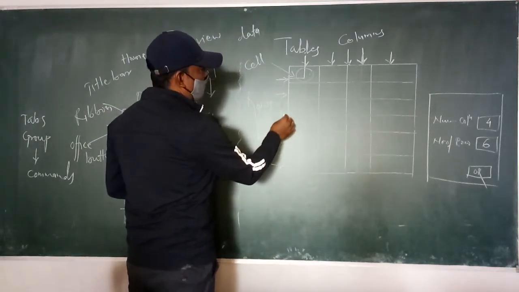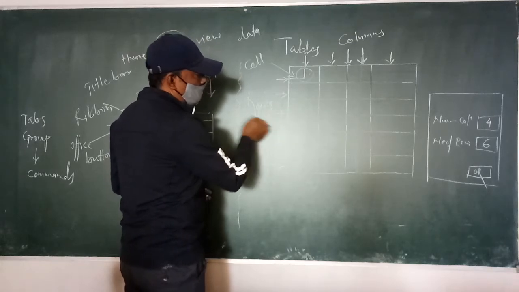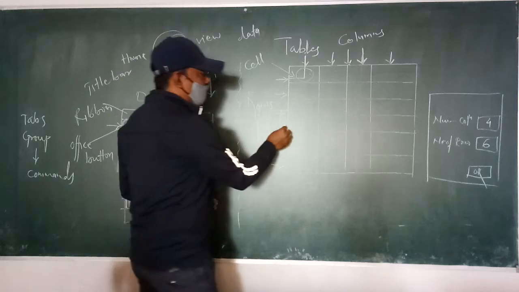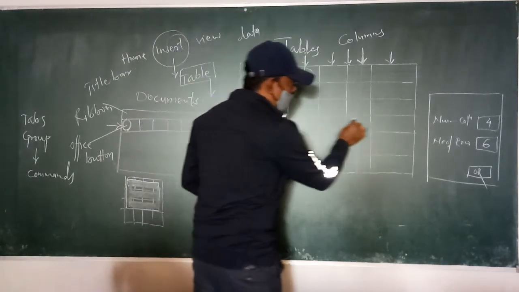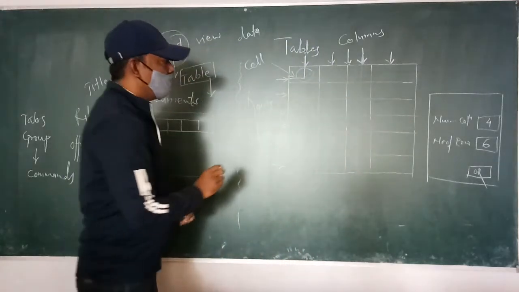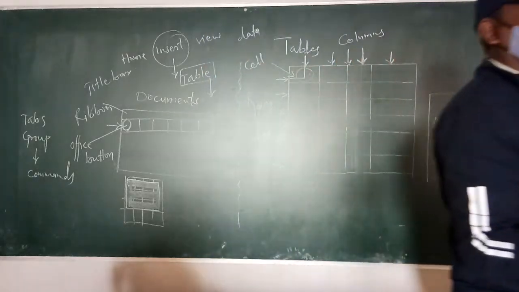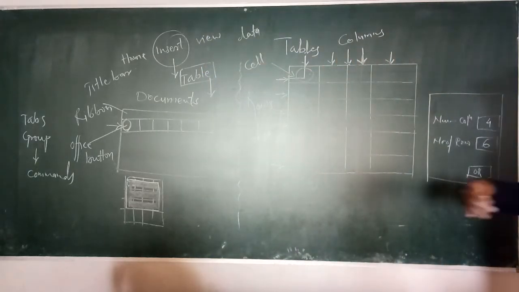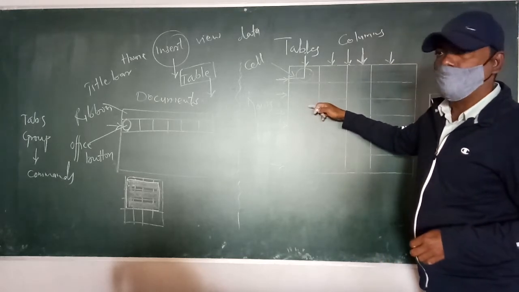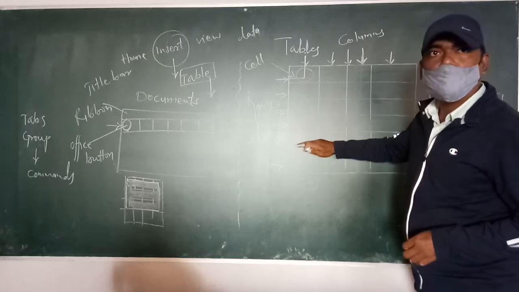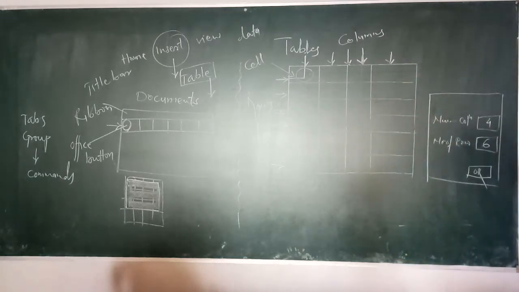Like that, if you want to add a new row in this table, for example, if you want to insert a new row between these two rows, what can you do? You can click here at the beginning of the row. This row will be selected. Now right click and insert row. It will ask you above or below. So between these two, which option do we have to select? Above. So this will move downside and a new row will be inserted between those two rows.